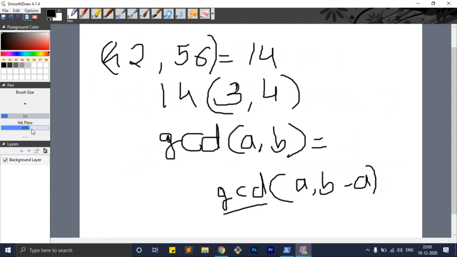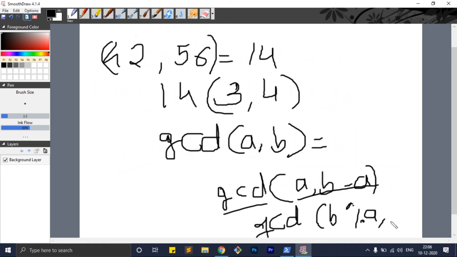This will work. If we just implement this solution, it will work for sure, but there is a little optimization which can improve this solution, and that optimization is called the Euclidean algorithm. And there is nothing much in that Euclidean algorithm. Instead of subtracting this number, we take the mod of this number. So GCD of a, b will be GCD of b mod a. This percentage sign is the mod sign, so we are just taking the remainder of the number